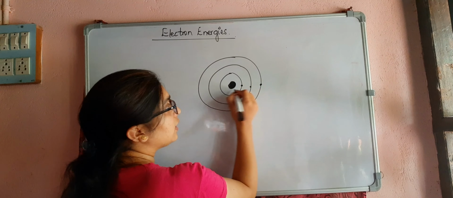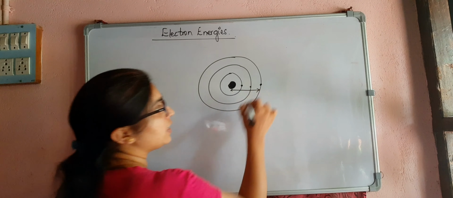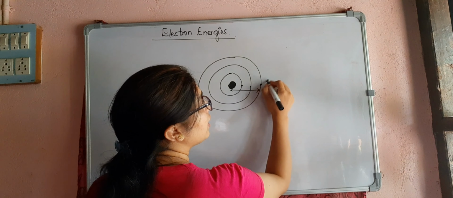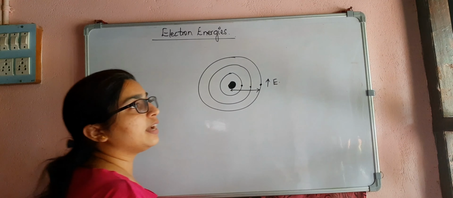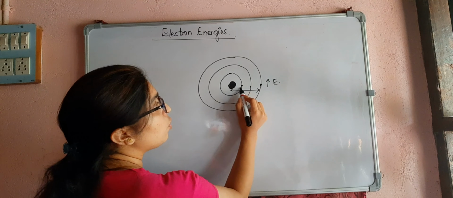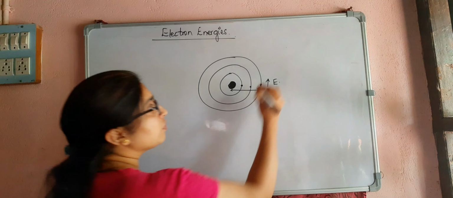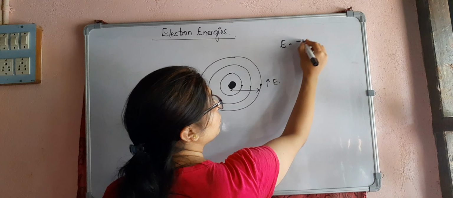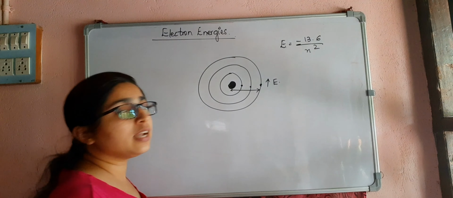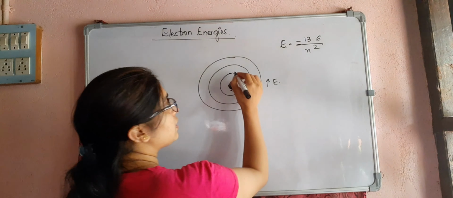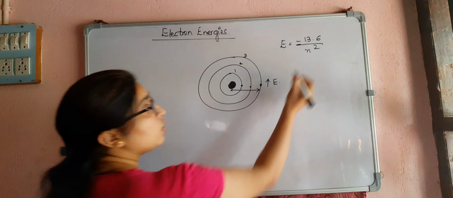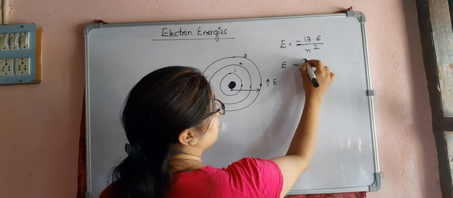The greater the distance of the electron from the nucleus, the higher the energy. So that means the energy of this electron is more when compared to this electron. So we can say energy is equal to minus 13.6 divided by n square, where n is the orbit number. This is the first orbit, this is the second orbit, this is the third orbit. So E is equal to minus 13.6